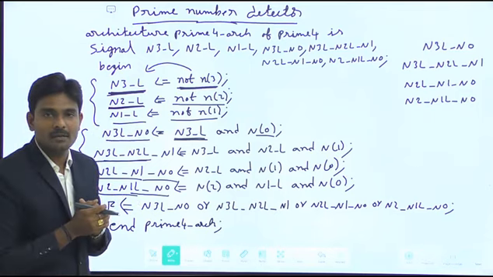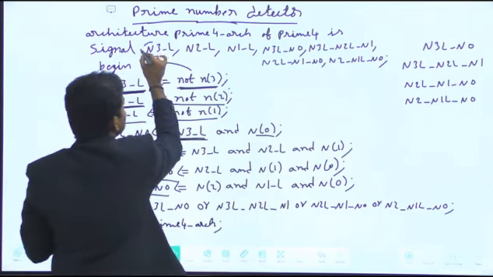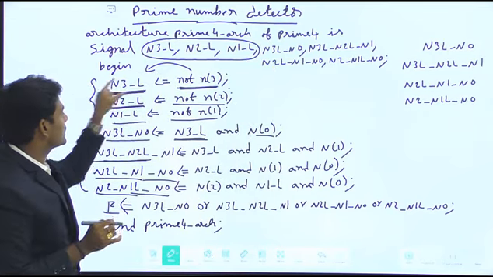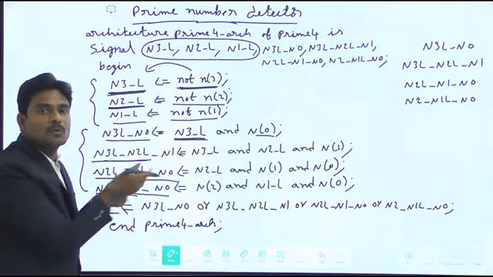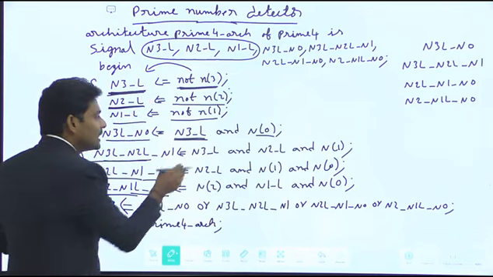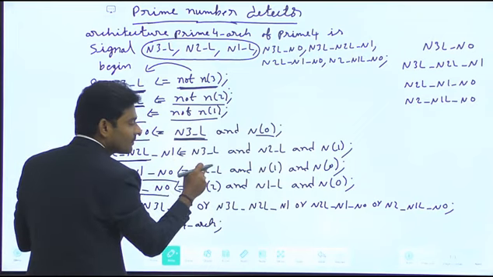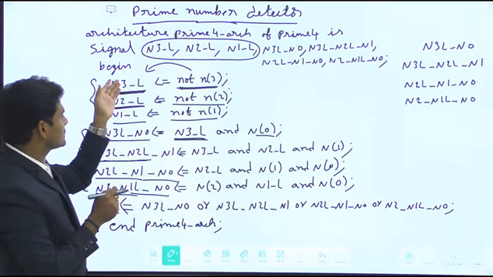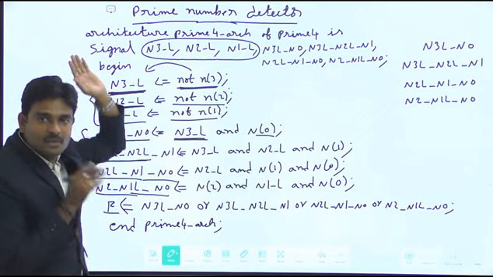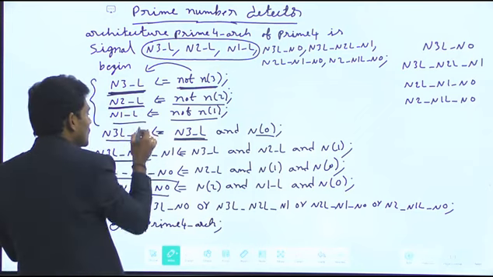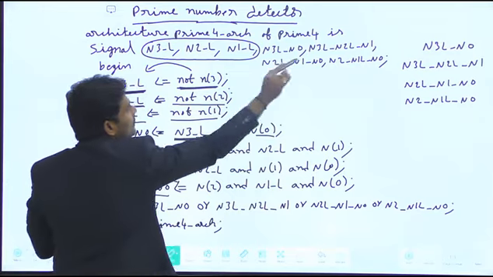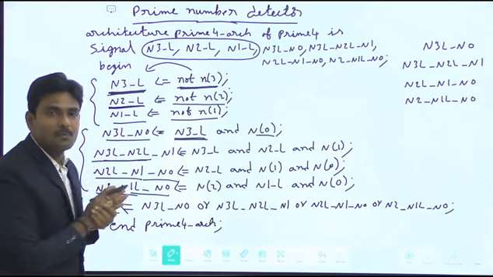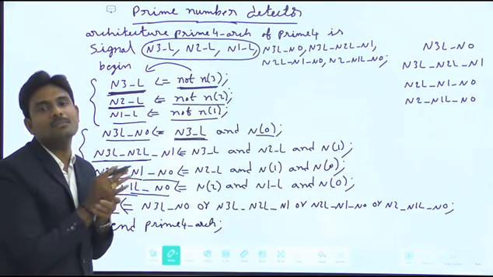So this is how you are going to get it. But if you look at the previous program, these 3 are not present, because in that description I didn't consider these intermediate signals. I started from the output of the AND gate. Because of that, here I used not of N of 3, not of N of 2 and not of N of 1, so these signals are not covered in that one. But coming here, I considered the inverter outputs as well, because of that I am supposed to mention those signals. So this is how to write a program by considering from the first level of the inverter.